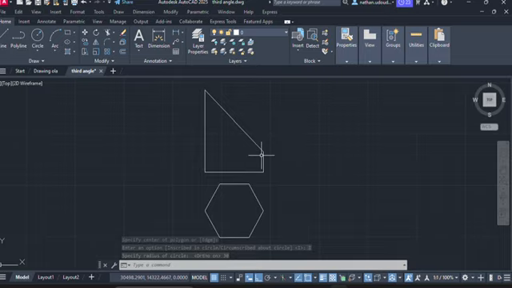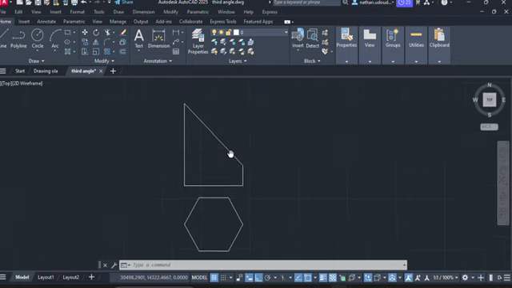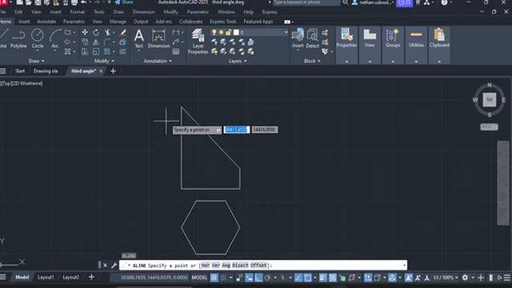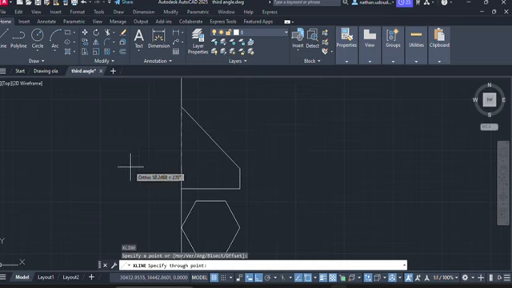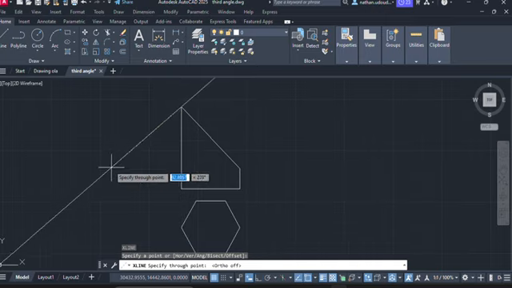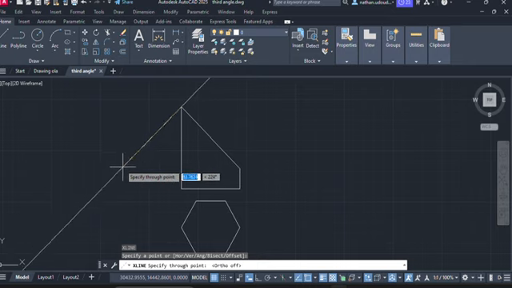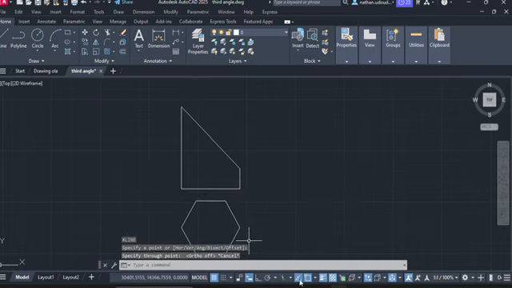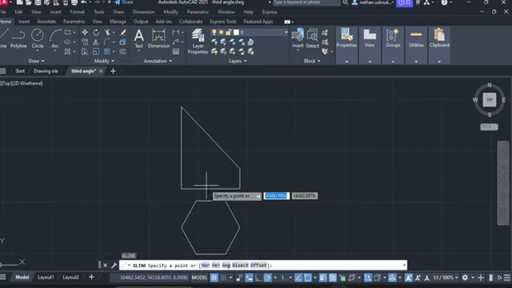So we need to draw the true shape. The true shape is going to be drawn perpendicular to this slanting edge. So we pick up our construction line, XL, enter. So we need to switch off the auto mode. So now it's going to be at an angle of 45 degrees. That's perpendicular to the slanting edge. So ensure that our polar tracking is on. Okay, so XL, enter,